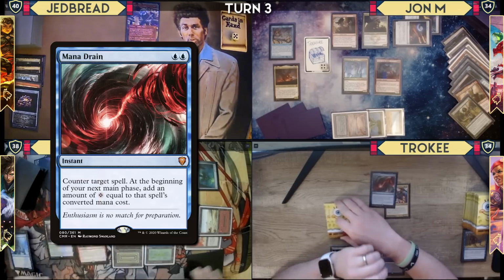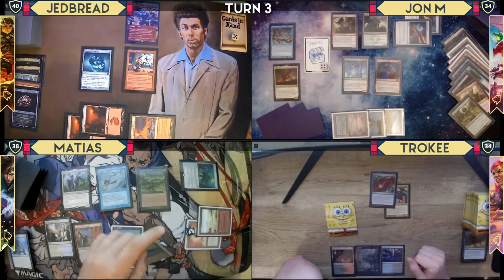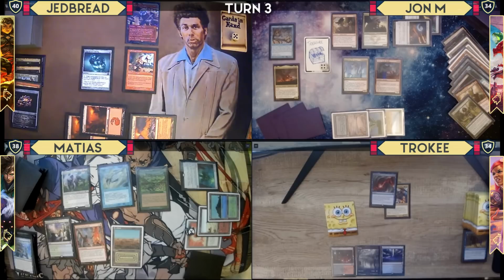Ooh, the Underworld Breach. Yeah, nice. He can do that. Yep, 1 blue. Spell Pierce. Gotta pay 2 more. Oh wait. First, Mystic Remora. Oh no, I can't pay for that. You draw. Good. With the Mystic Remora trigger on the stack, I'm going to discard a Goblin Engineer to flash